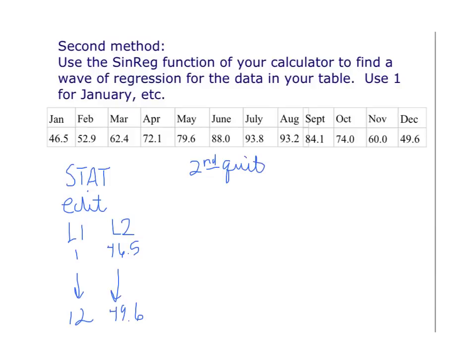And you're going to then do stat and over to calc. All right, so when you go to stat and then over to calc, you're going to go down till you find sine regression. And I'm looking on mine, and it looks like it's way down there. It's like C. So you want sine reg, which is C colon. All right? And then when you do that, depending on your operating system, you're going to go ahead and calculate that to actually get